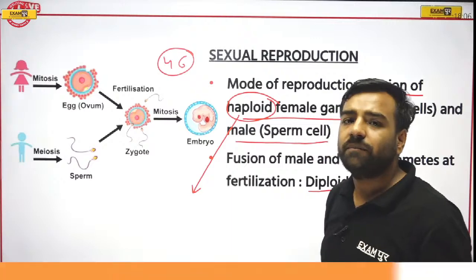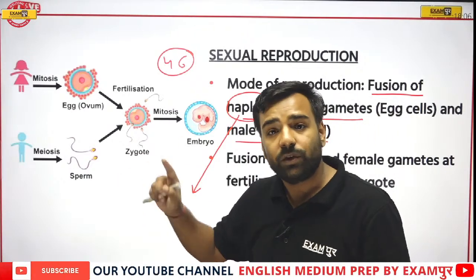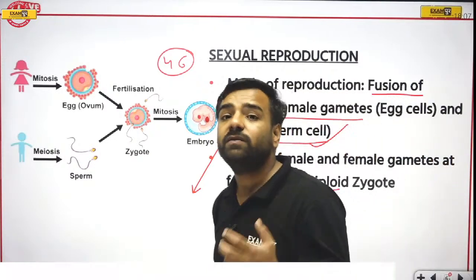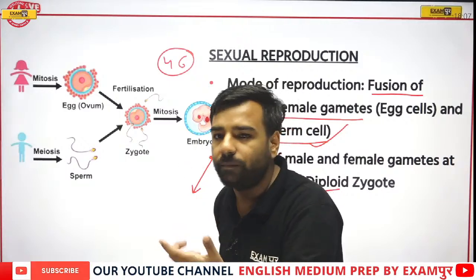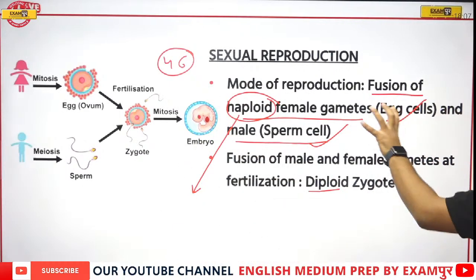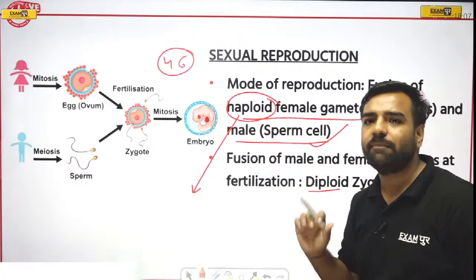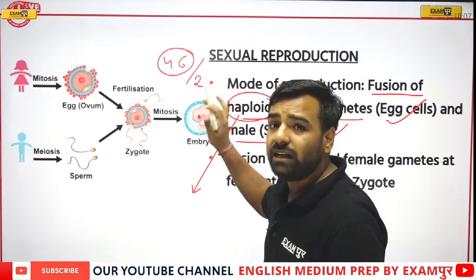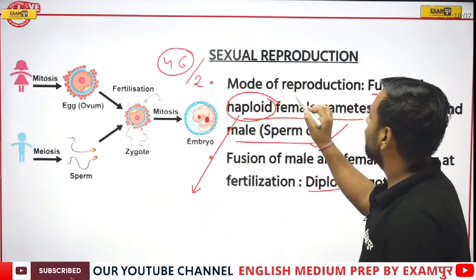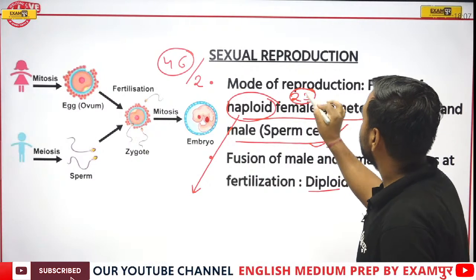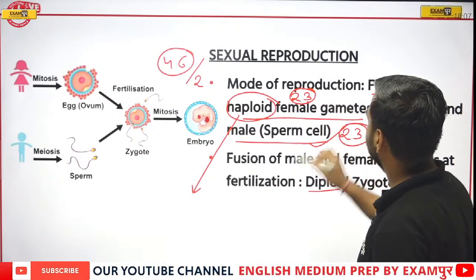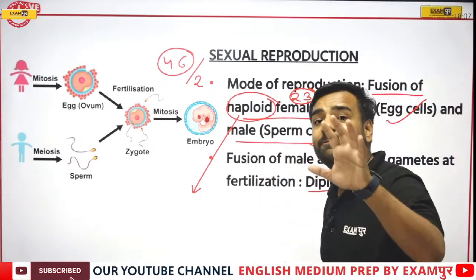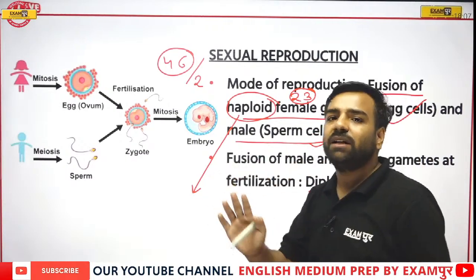If I talk about father, that means we are talking about the male gamete, the sperm, that is mentioned over here, sperm cell. If I talk about mother, we are talking about the egg cell, that is, the ovum. True? So it is mentioned as egg cells. Now, haploid means what? I can divide it into two parts, one for male, one for female. That is, 23 from the egg cell, and similarly 23 from the sperm cell. 23 is from the female gamete, the egg cell, and 23 is from the male gamete, the sperm cell.